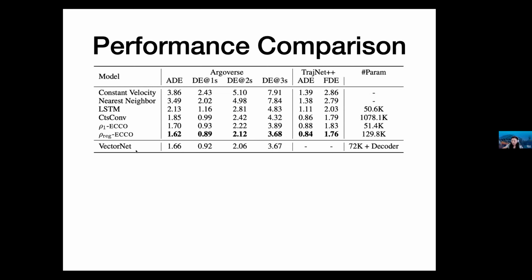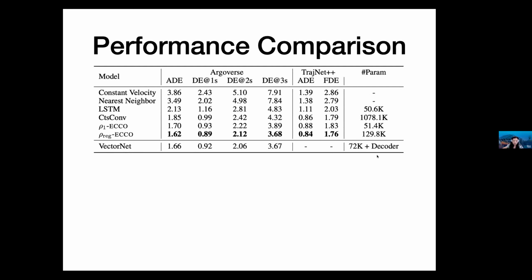And then we also included a state-of-the-art model, VectorNet from Waymo, from Google Waymo. VectorNet actually has a similar performance to ours, but it has many more parameters in the model. Another thing about VectorNet is it only generates prediction for a single car at once, whereas our model can predict for multiple cars simultaneously. So they're not really a direct comparison anyway.